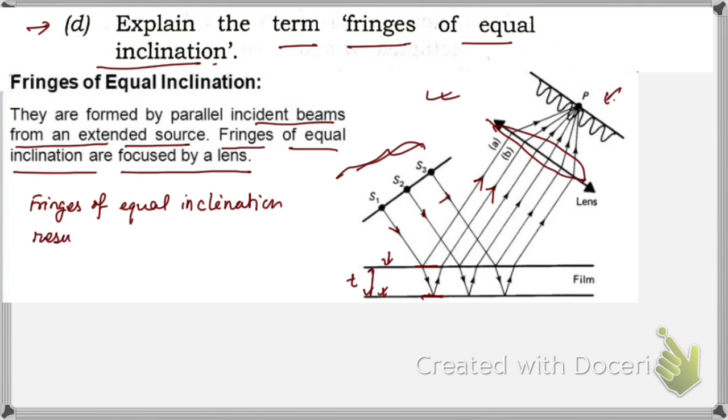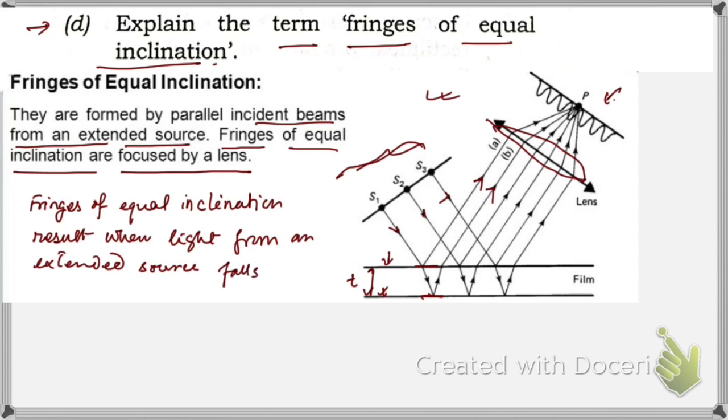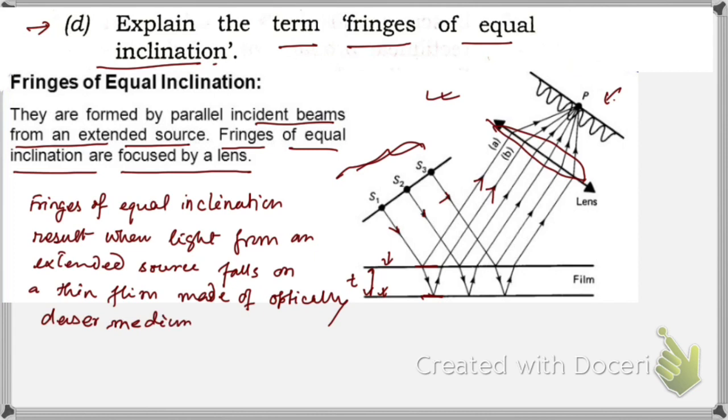result when light from an extended source falls on a thin film made of optically denser medium, and these fringes